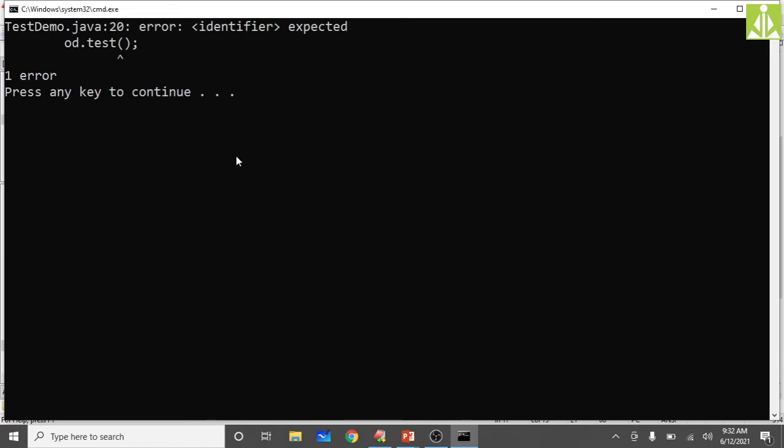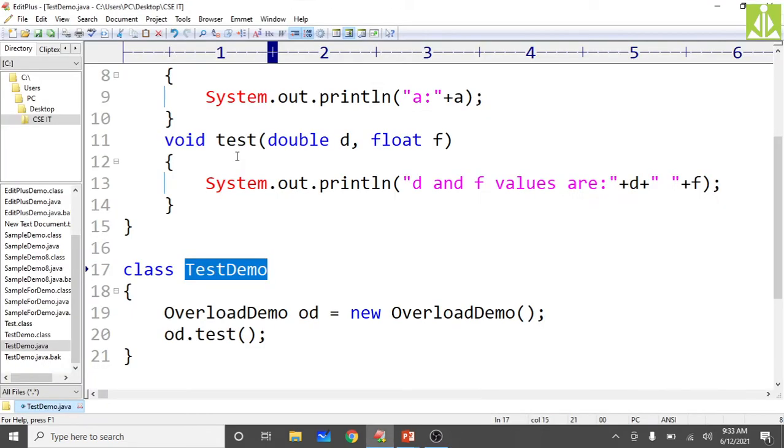Yes, here it is giving one issue, expected identifier. Test of, maybe there is some issue in this one, overload demo.